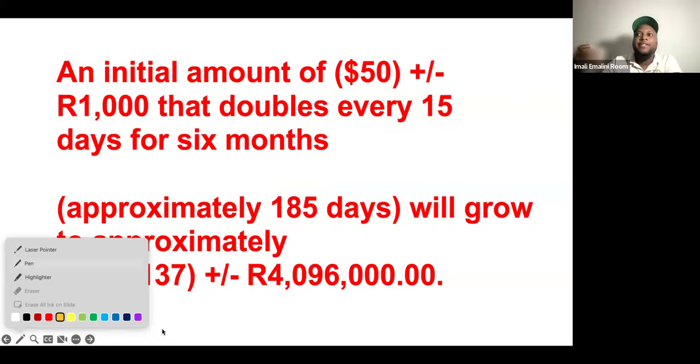How many of us have had it leave your bank without you worrying? How many of us have had this amount of money just leave your fingers, just disappear without you worrying about it?